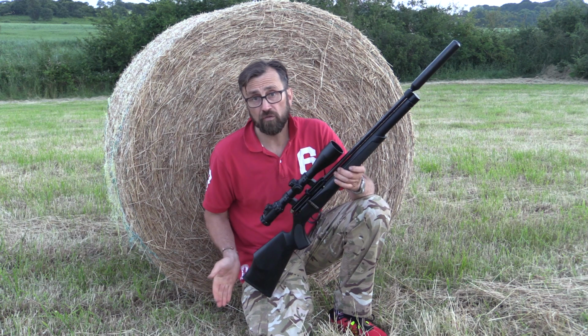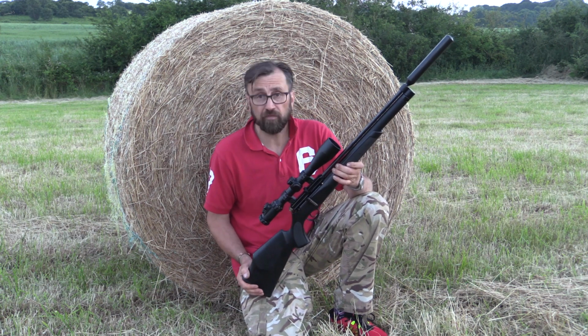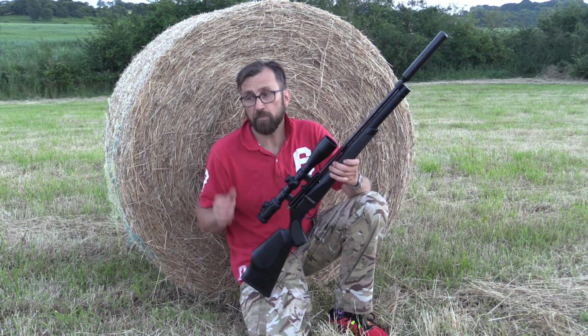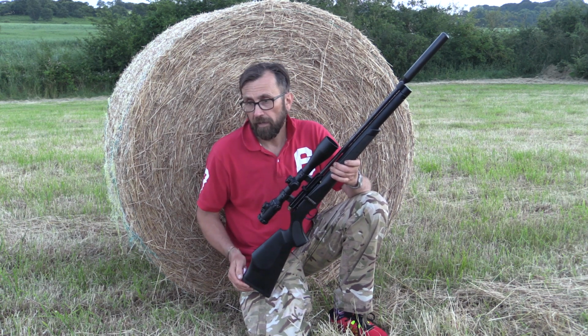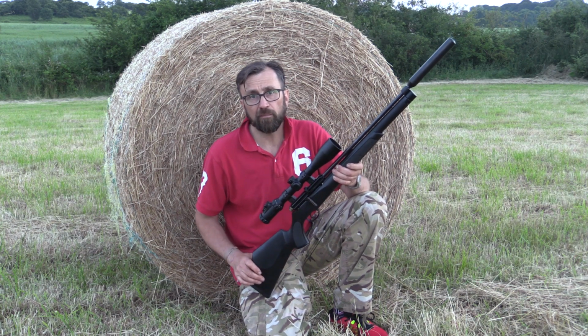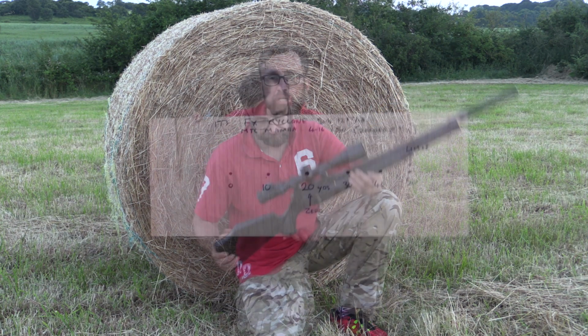He prefers the .177 due to its flat trajectory. Myself personally, I prefer the .22 because it's got the raw stopping power. But as we're now about to see with the board, it's a completely different ball game with the .177. As we can see here,